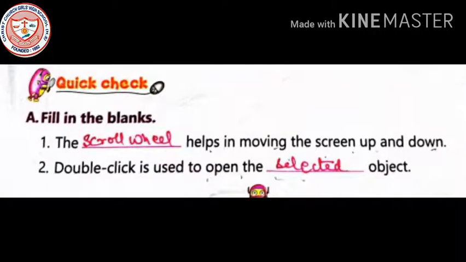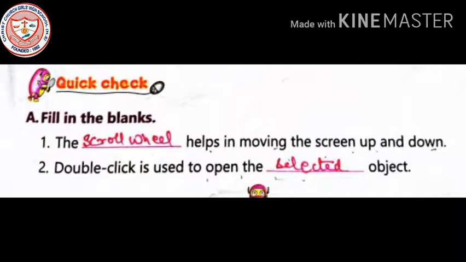After completing the chapter, let's go on with our question answers and the following exercise which we will do today. The very first is fill in the blanks. The dash helps in moving the screen up and down.